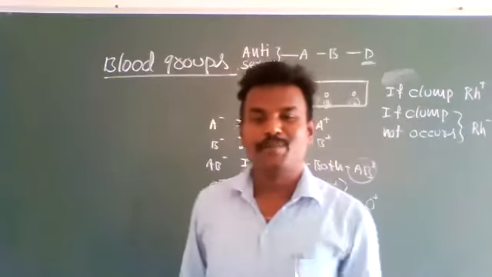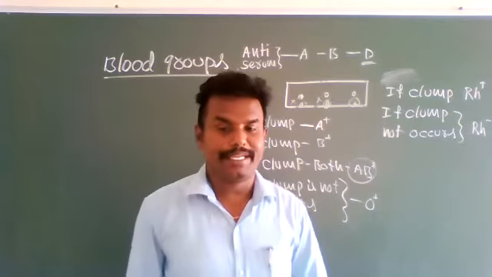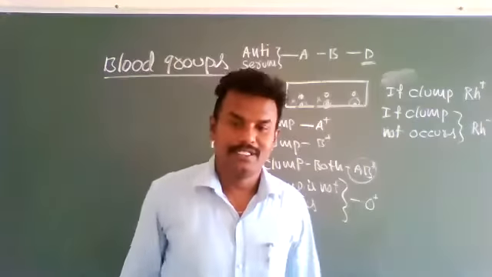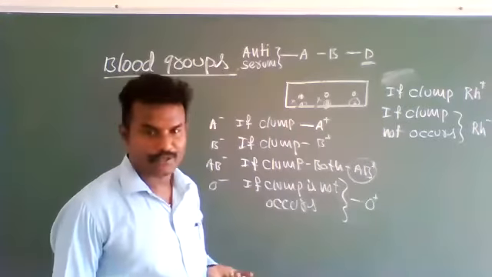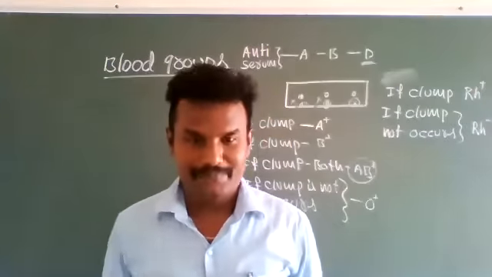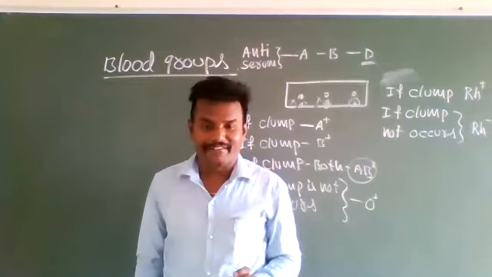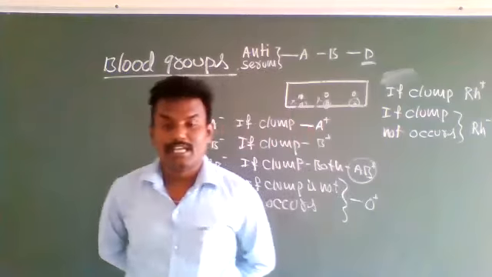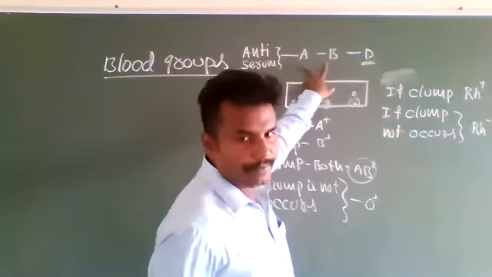In this way, how many blood groups in total? 8 blood groups: A positive, A negative, B positive, B negative, AB positive, AB negative, O positive, O negative. This explanation they won't give, but being a biology student you should know it. Anti-serum A, anti-serum B and anti-serum D are chemical solutions. That chemical is used to find whether we belong to A positive or A negative, B positive or B negative, AB positive or AB negative, O positive or O negative. So first the A bottle, the B bottle.